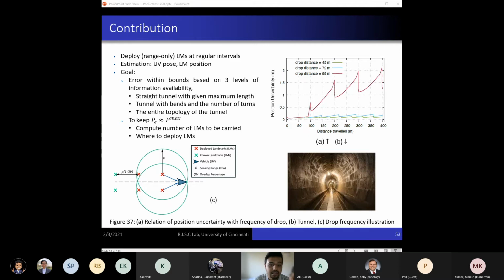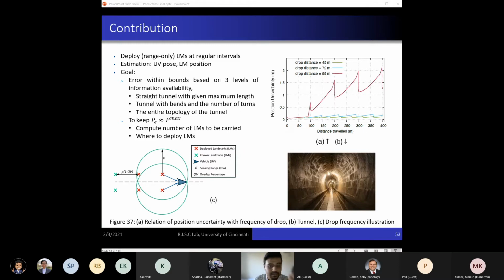This is a highly nonlinear and interdependent relationship, and there exists no known technique to map these inputs to the position covariance of the vehicle. So we use a data-driven approach to develop a mapping function. We use the straight line case to develop the mapping function, as it won't cause any measurement loss due to line of sight issues. Moreover, the sensing range at any given point will reflect the true sensing range at that point instead of something that is potentially less than that due to bends or turns.